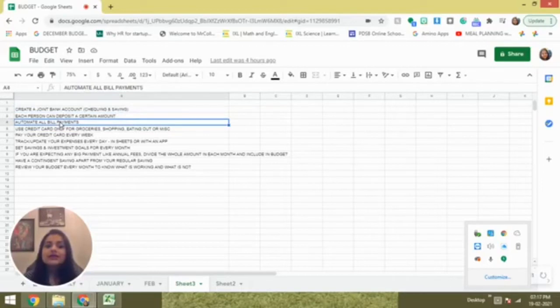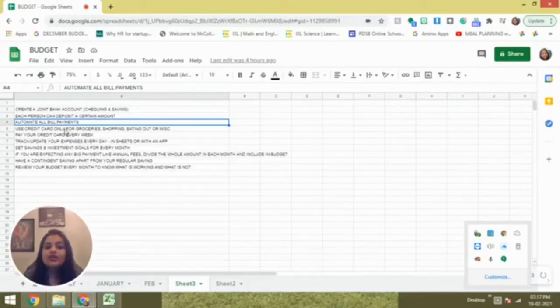The third thing is, automate all your bill payments, please. That saves a lot of mess, because you don't want to miss a payment, you don't want to have a bounced check, you don't want to hit your credit, right? So it's better to automate all your fixed payments, like your utilities, your mortgage, and everything, so that it is paid on time. Since you're already having the money in your account transferred in the first week of the month, everything is available for auto payments.